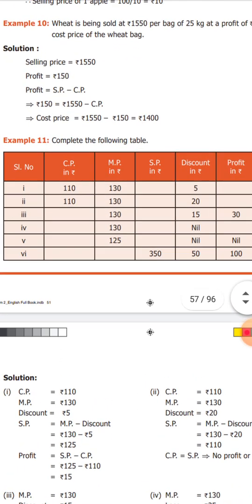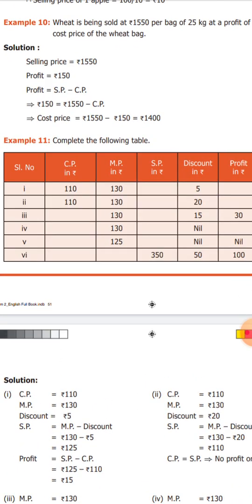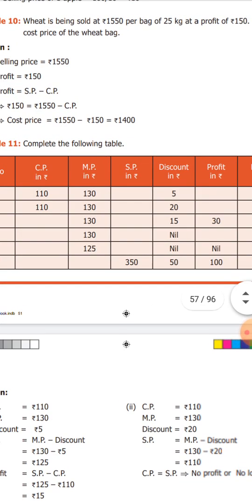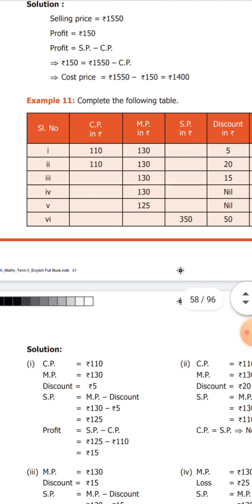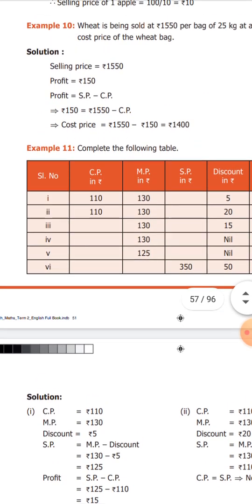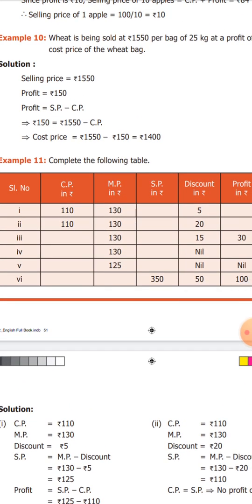Okay, look at that example. Example 11. Complete the following table. So now I am going to introduce one new term, discount. Complete the following table. Look at the first row. CP is 110, and then...